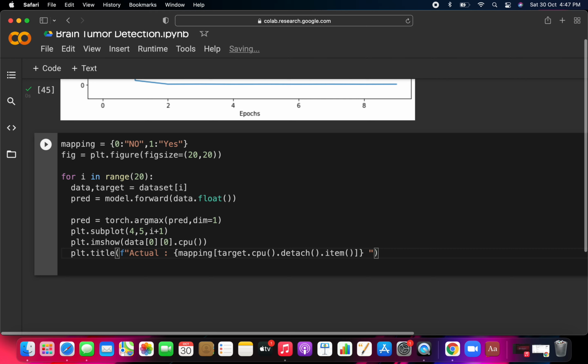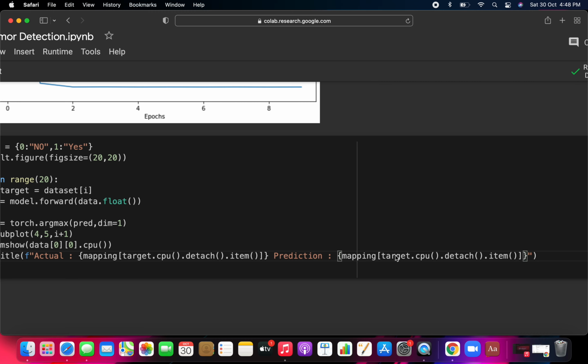Then you will write prediction. After that you write the same as it is here, the mapping of the same. You can even copy paste that. I don't think you have dot in this also, but here you have to change something: for the pred, you don't write the target, you write what the model has predicted. And right after that you write plt dot